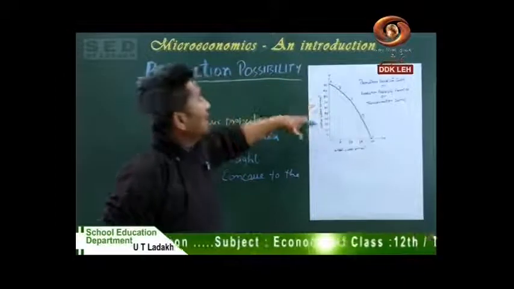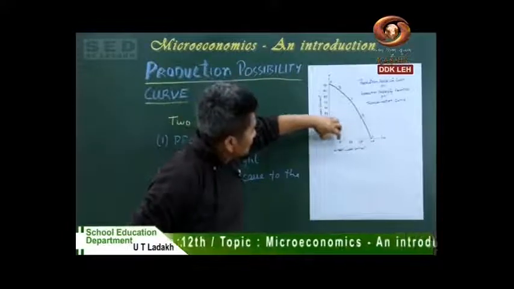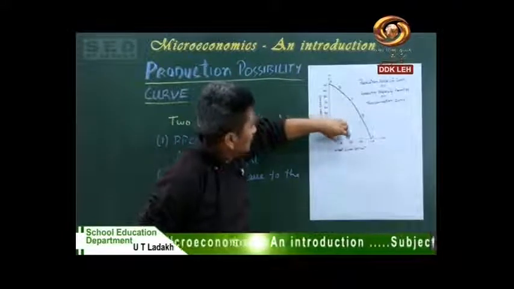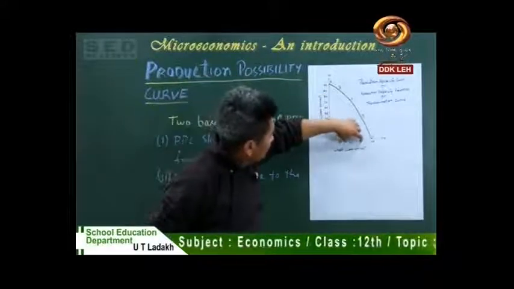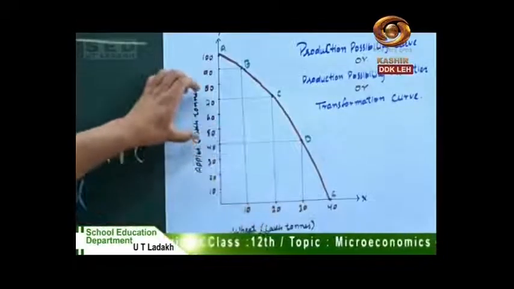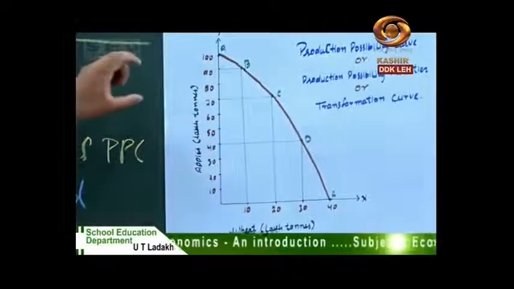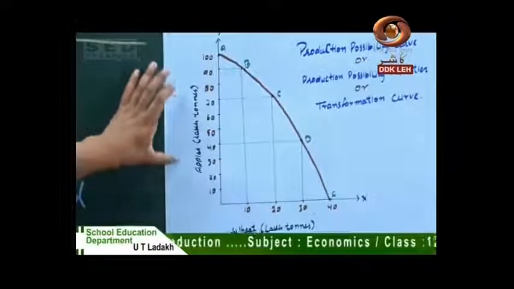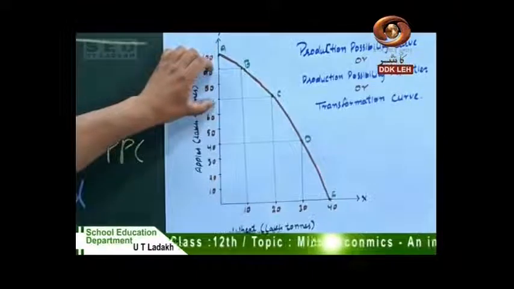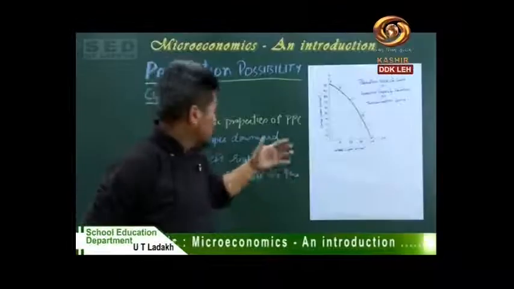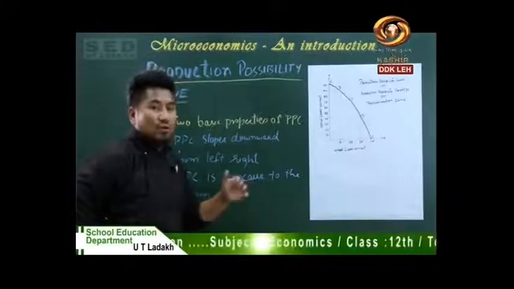So here you see, earlier you have reduced 10 tons of apples. In the next, to produce the same amount of wheat, that is 10, you have reduced 20 tons, and to produce another 10 tons of wheat, you have reduced 30 tons of apples. So here you see the rate at which you sacrifice the production of apples to produce wheat goes on increasing. Here it is 10, here it is 20, and here it is 30 and 40, and it goes on increasing. So that is why this production possibility curve is concave to the origin.